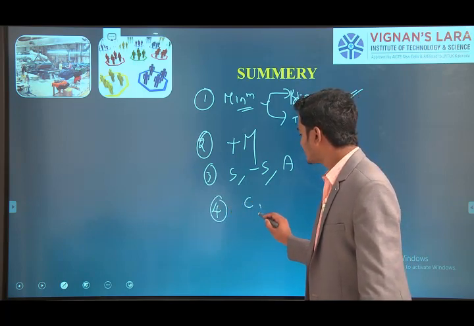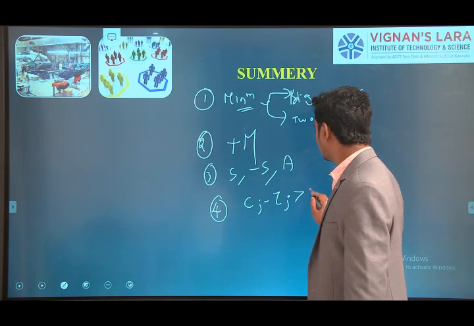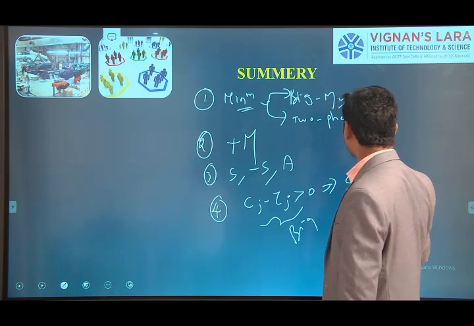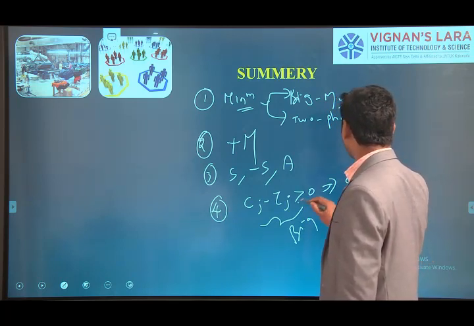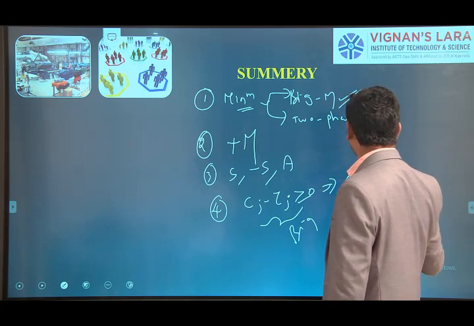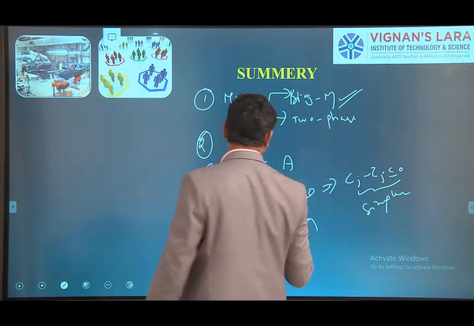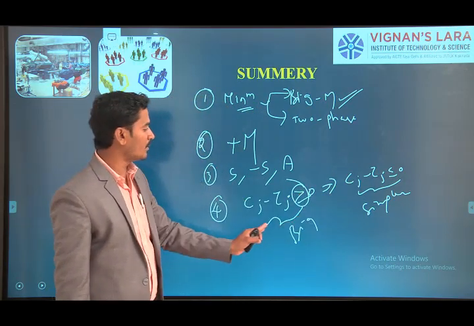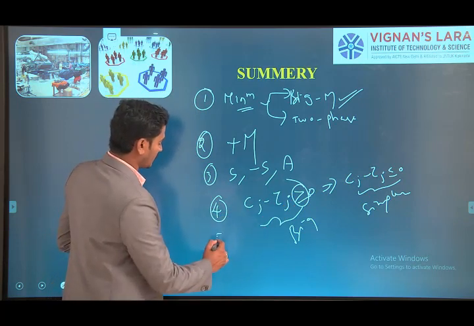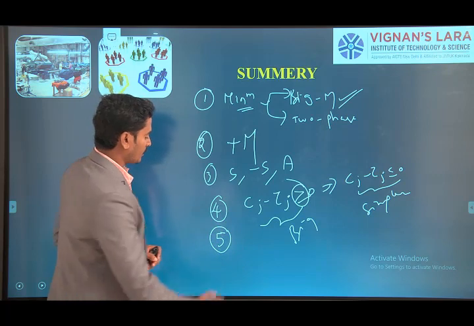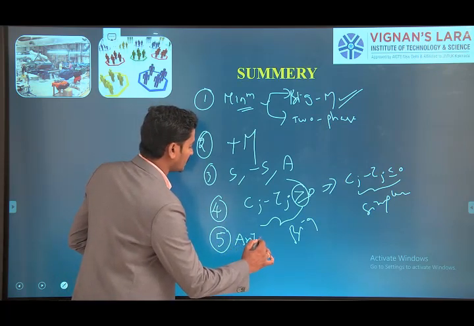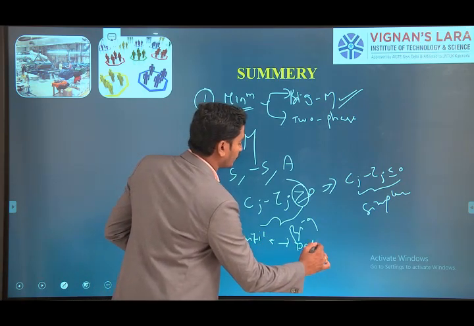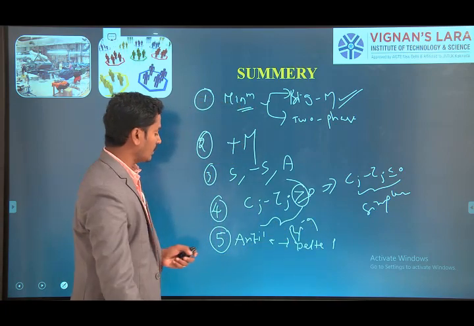Here the rule is that we have to satisfy Cj minus Zj. Coming to the simplex method, Cj minus Zj less than or equal to 0, then only the problem is optimal; it reaches optimality. But in the Big M case, it is of the greater than or equal to type. We have to remember this difference when comparing the simplex and Big M methods. Next, finally, check the optimality. Here we have one more rule: if the artificial variable is a leaving variable, we delete that particular column for further iterations. Okay, thank you.